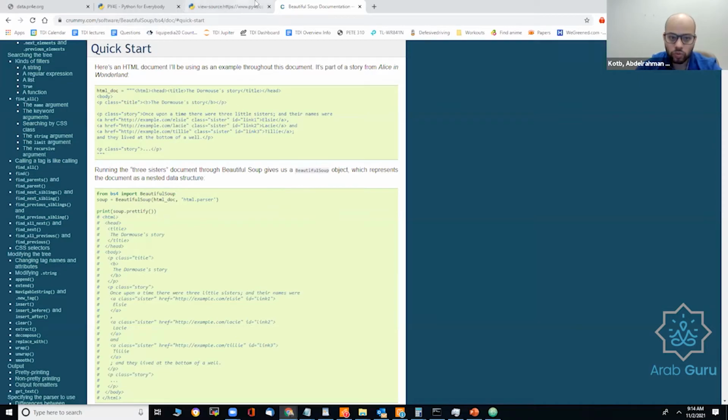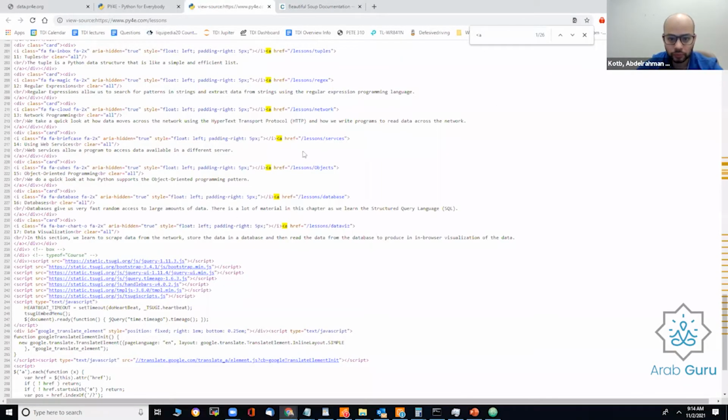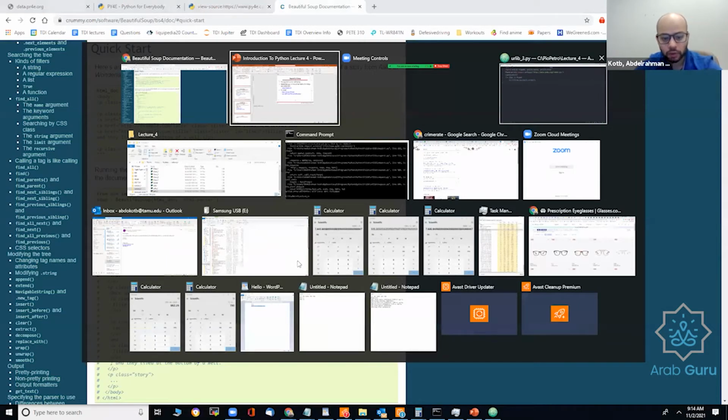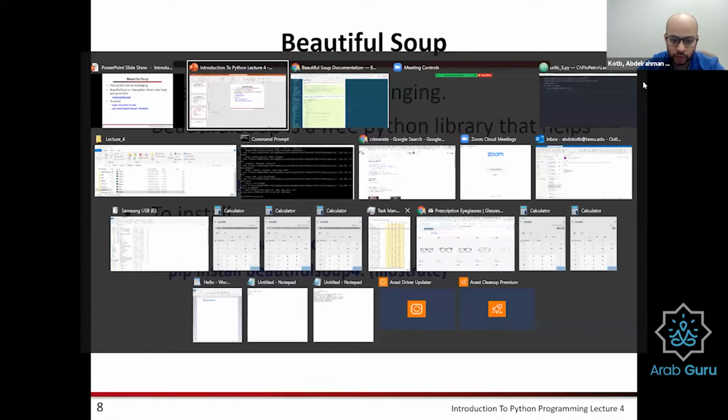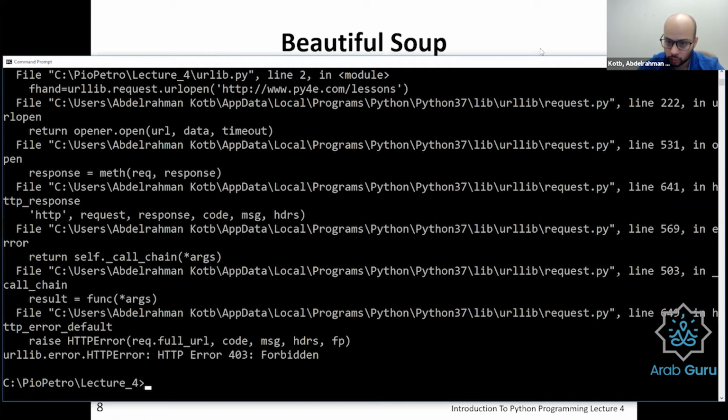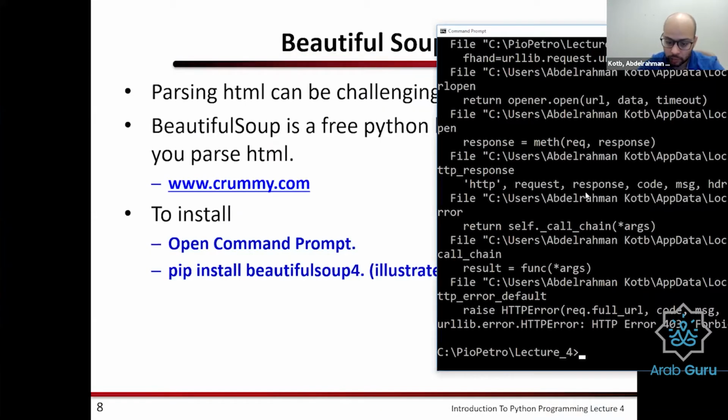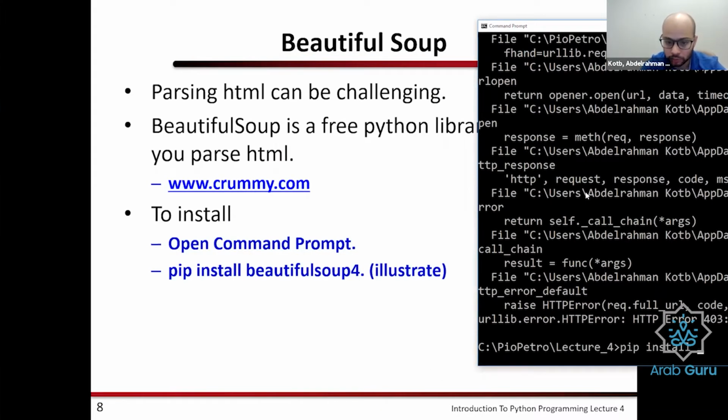Okay. So if I want to install it, I use pip install beautifulsoup4. Let me try it here. I already installed it when I was preparing this lecture.